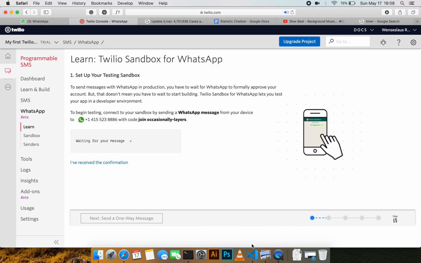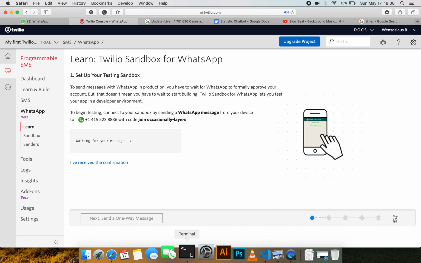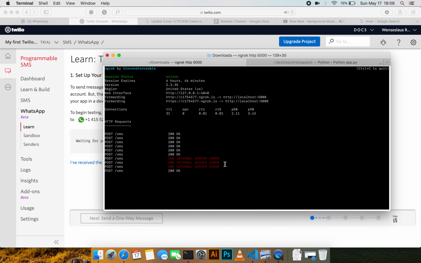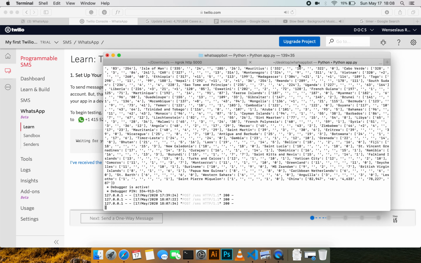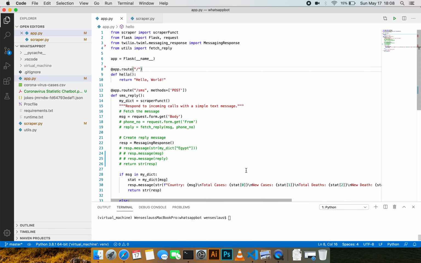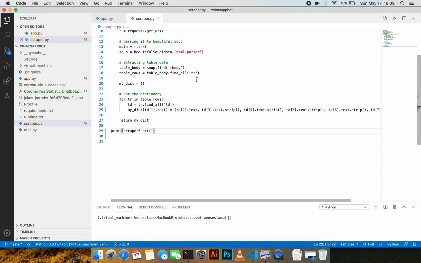What I have in my program is that I currently run it on my local machine. You can see I have a server running here, and the application itself is running in the background. Whenever I send a message, it's being received here. You can see some of the requests I sent, and then it's being processed. How that is done: we have two applications. First, we have the scraper. What the scraper does is